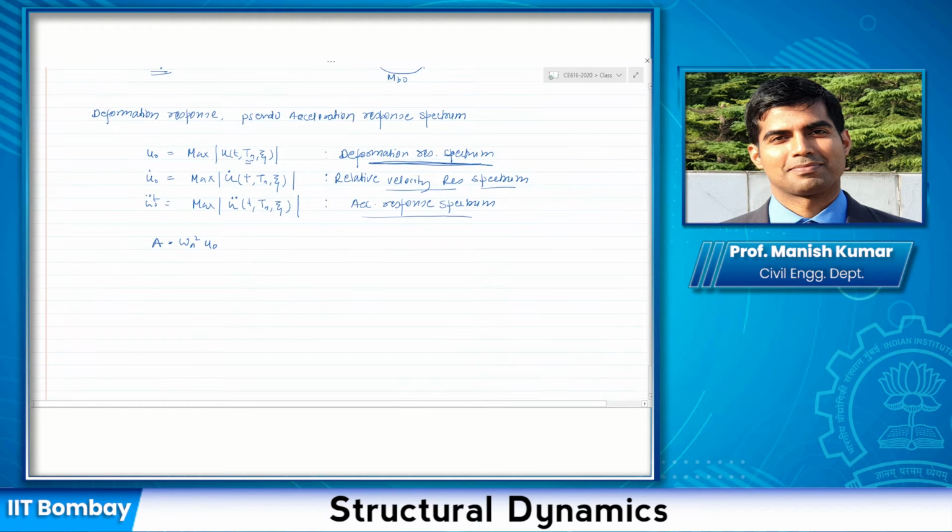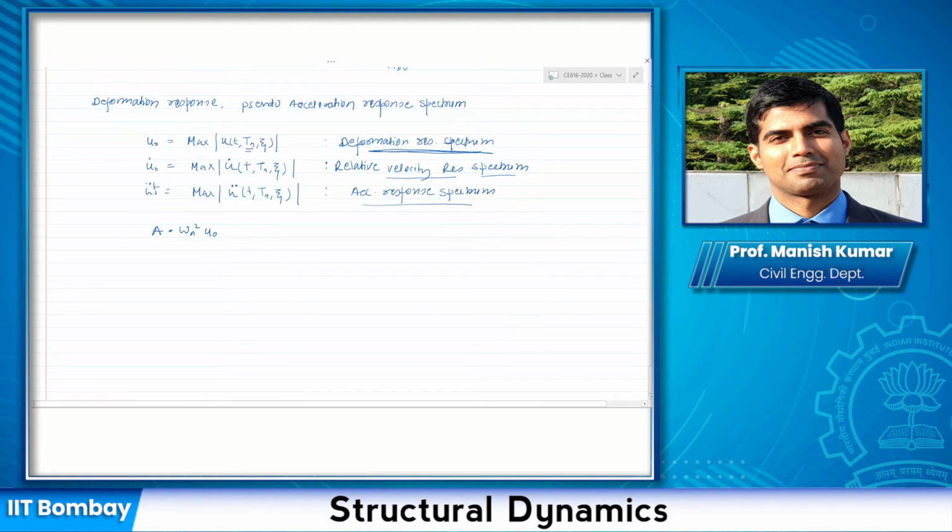So I'm going to define another quantity which is V. First let me write it down in terms of V here. This is called pseudo velocity, because it has units of velocity, but the pseudo velocity is actually not equal to the relative velocity in the system. We are using the term pseudo just to make the distinction that it is not equal to the relative velocity, and the pseudo acceleration is not equal to the total acceleration.